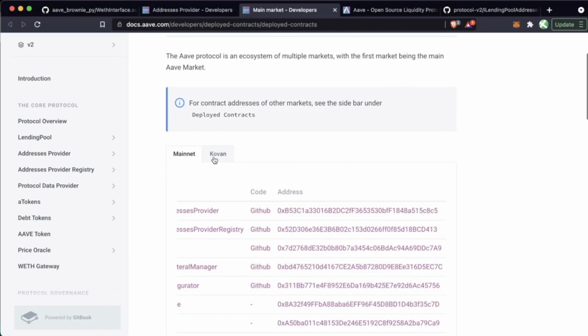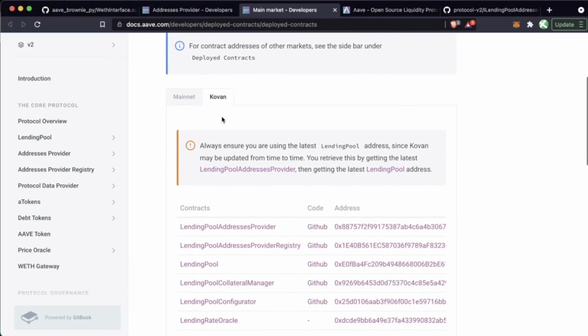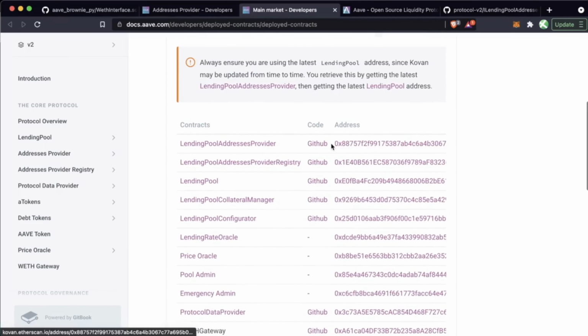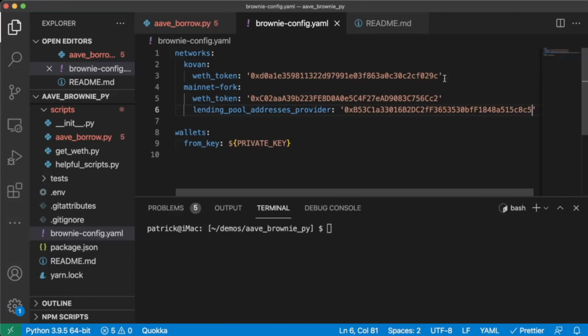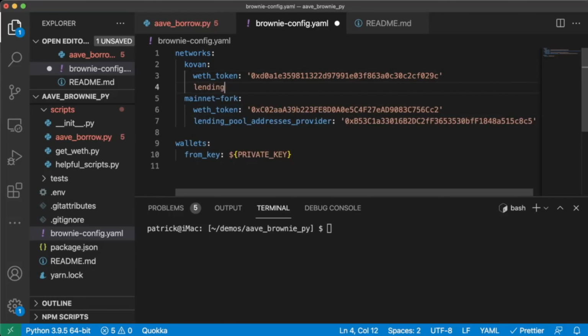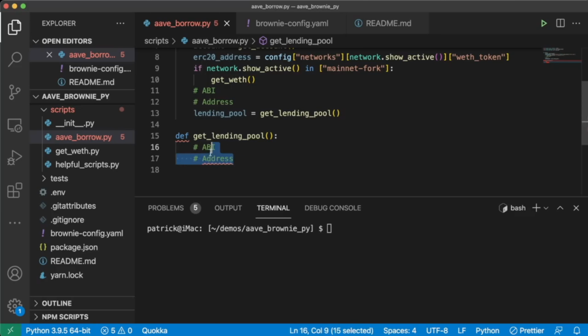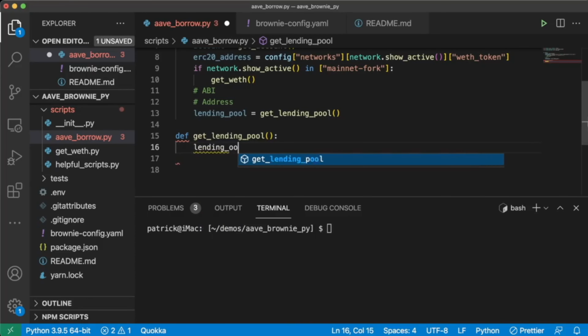And since we know we're also going to do Kovan, we can also grab from Kovan here. So lending pool addresses provider. We're going to copy this here and we're going to add this addresses provider for Kovan as well. Boom. And now we have it for both Kovan and for mainnet fork. Awesome. So we can keep going now. Now that we have an ABI and we have an address for both Kovan and for our mainnet fork, what we can do now is we first get the lending pool